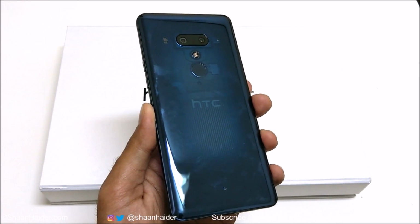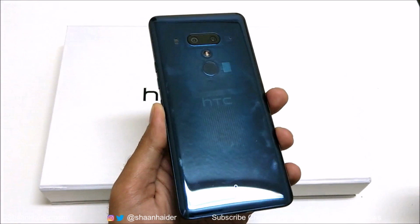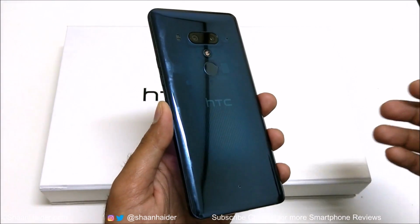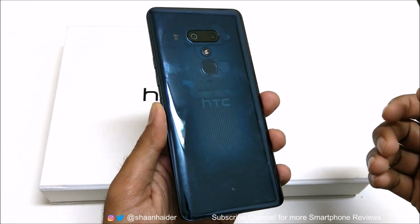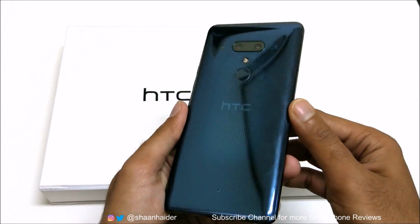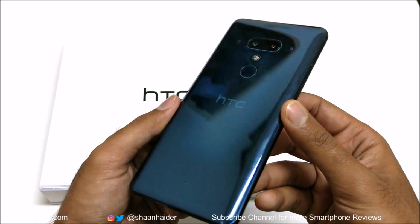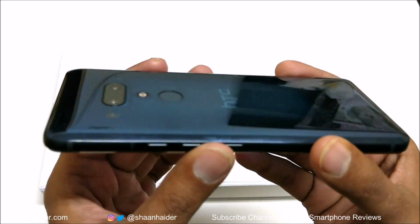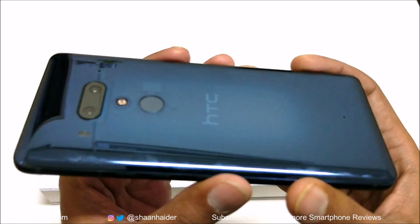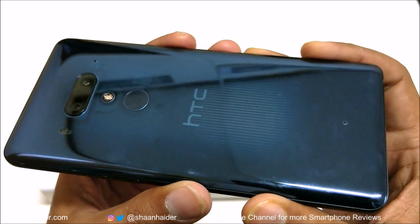It is also a trend that HTC started for the very first time to have the color changing back panel, and now nearly every other flagship smartphone is coming with this idea. But again, it was HTC that initiated it, and you can see how perfectly HTC is using it in its devices. So the back panel of HTC U12 Plus is really nice and beautiful, and especially of this translucent blue color